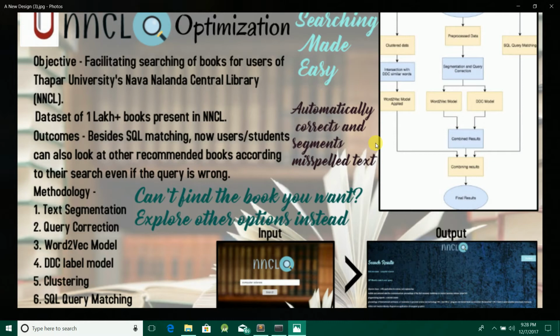And then, after that, we have used the word2vec model. Word2vec is based on the continuous bag of words model. Actually, it's a neural net, you can say. What it does is it gets the title of the book, whatever you type there, and it takes that word and performs one hot encoding on it, and according to all the words on which it has been trained,